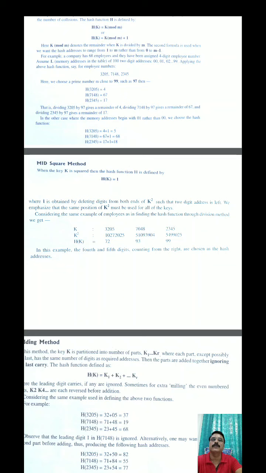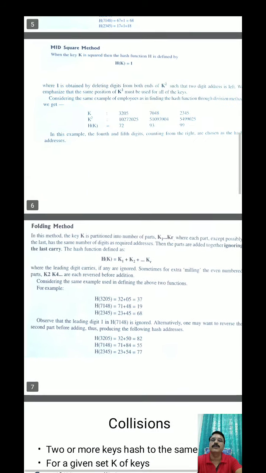Likewise, k equal to 7148, k square equal to 51093904, and h of k equal to 93. k equal to 2345, k square equal to 5499025, and h of k equal to 99. So in this example, the 4th and 5th digits counting from the right are chosen as the hash addresses. Now let's move on to the next method,